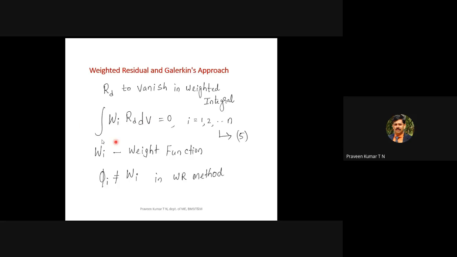Why do you have to go for integration? Imagine we have 10 nodal points. If you sum the errors at each and every node, say plus 1 at node 1, minus 1 at node 2, and so on, the sum of the error should be 0. You can write it as an integral function. That integral is referred to as the weighted integral, or the weight function. Now, when you come to the weighted residual method,